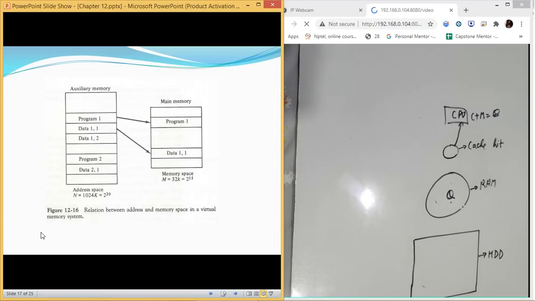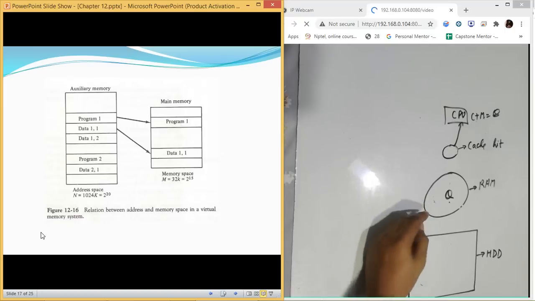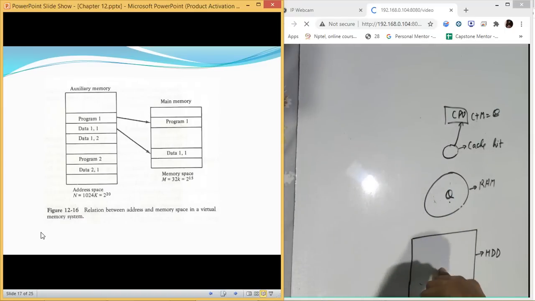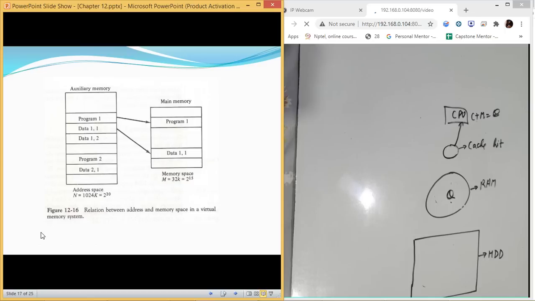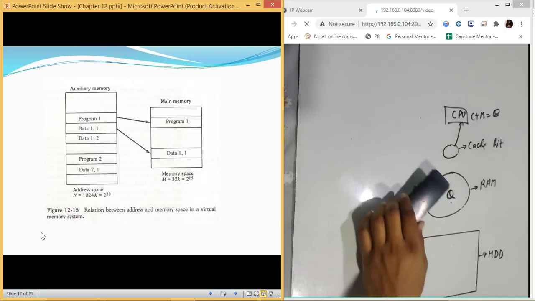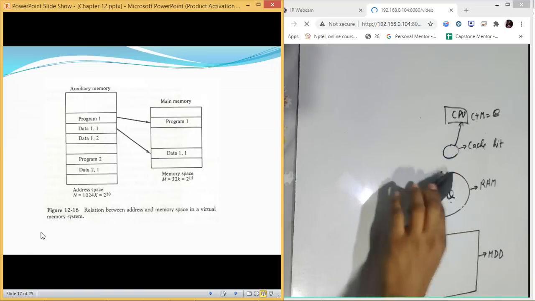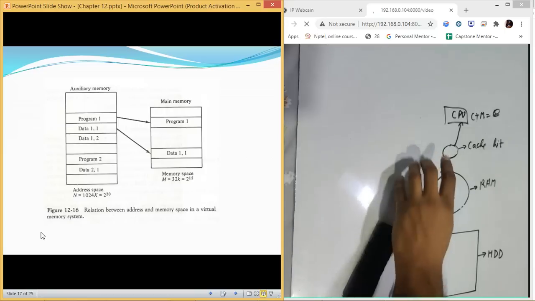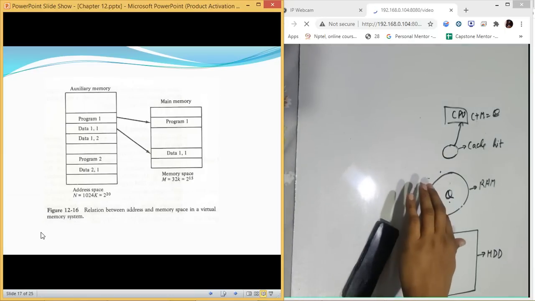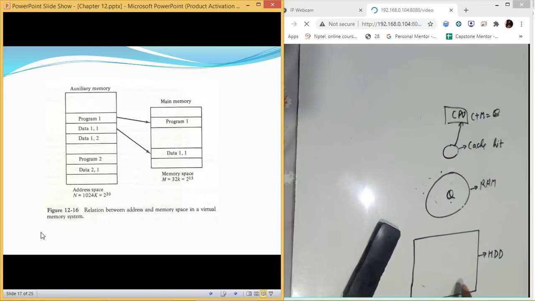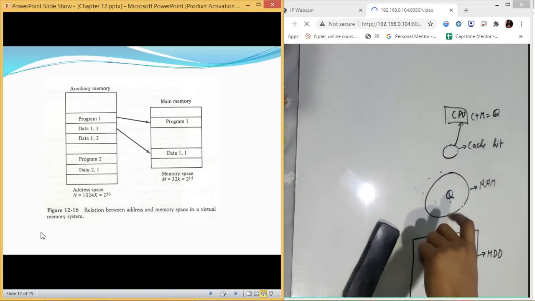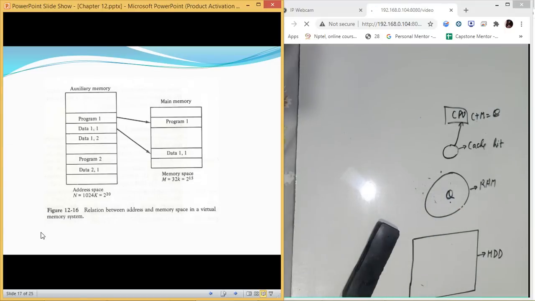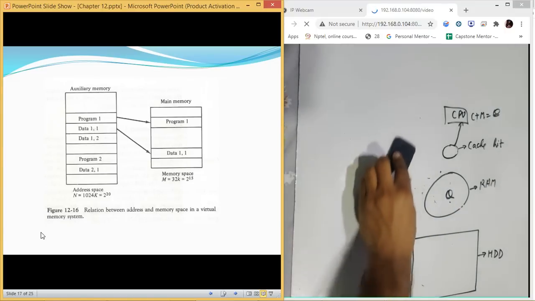After write through and write back, the next thing we are going to study is how we are going to transfer the data between RAM and hard disk drive. So we have talked about the cache and RAM, how cache and RAM are mapped so that you can use the same address to access cache and the same address lines to access RAM. Now, how RAM and hard disk drive interact with each other, we are going to talk about that.